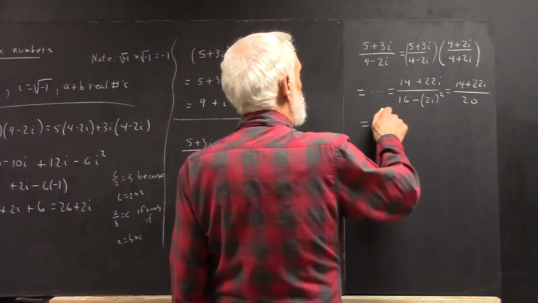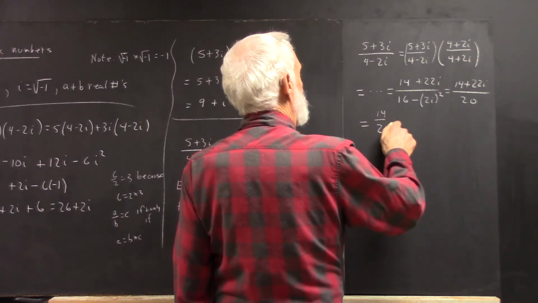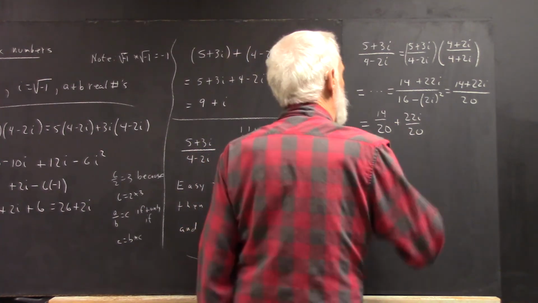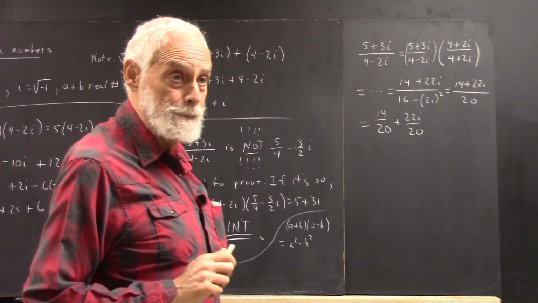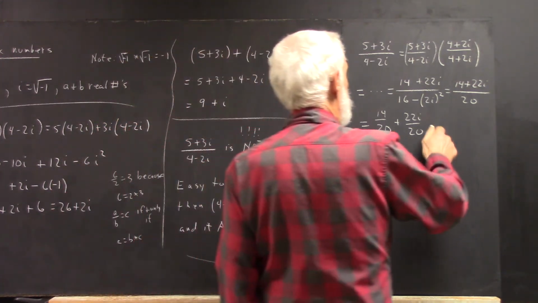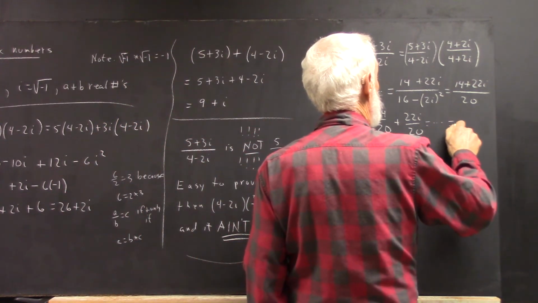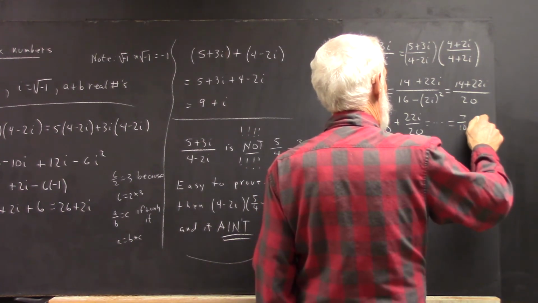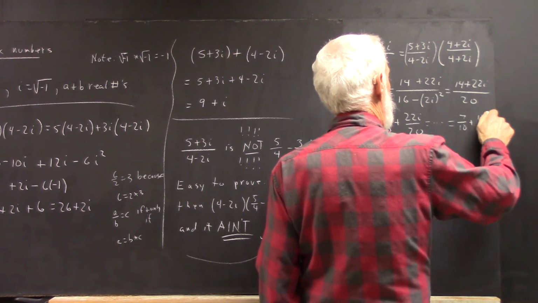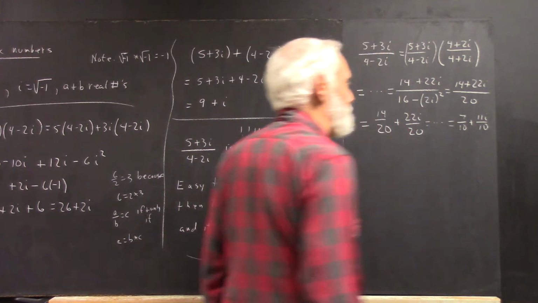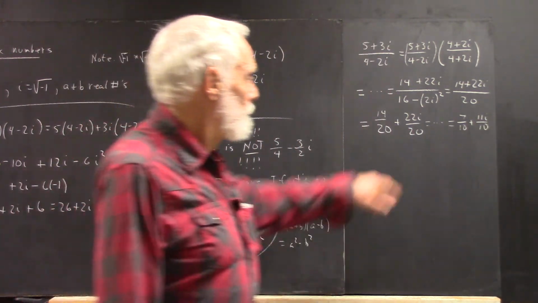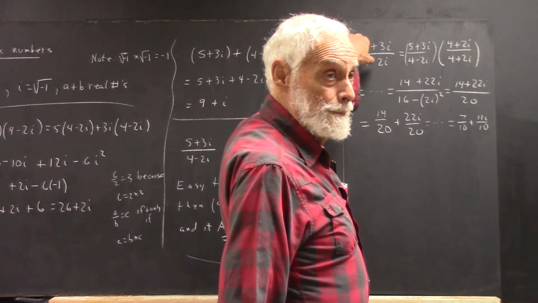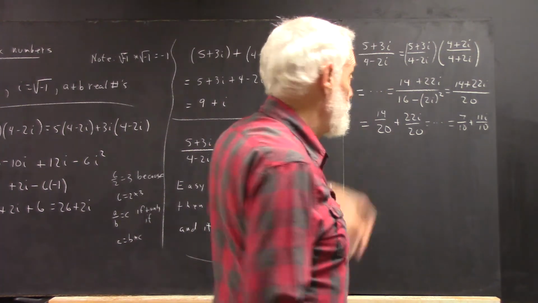So anyhow, that's 14 over 20 plus 22i over 20. And that reduces by steps that you should show so you don't screw it up. 7 over 10 plus 11i over 10. And then if you multiply this by this, you're going to get this. So we check,